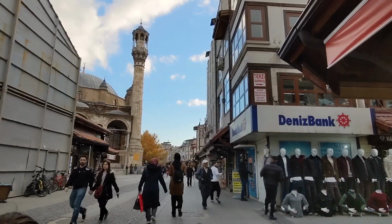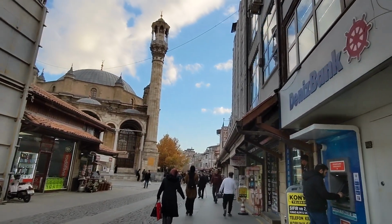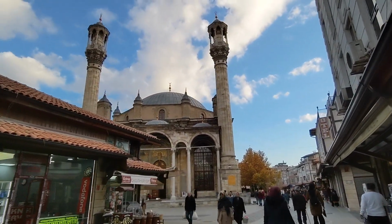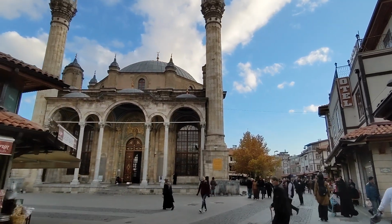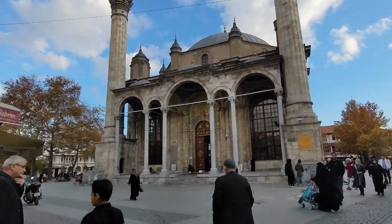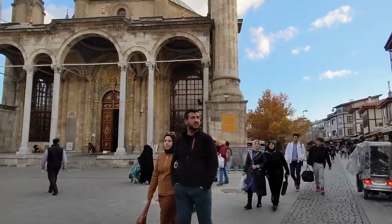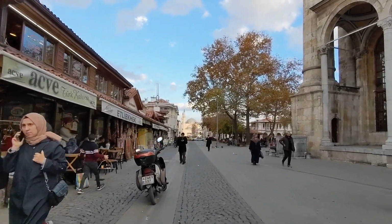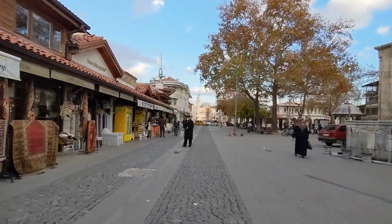Don't know. As I'm walking in the little streets of downtown Konya, I noticed this massive mosque. I'm curious, so I turned to get a closer look at it. There's just so many mosques at every street corner. Another massive one with 2 minarets here. Just let the traffic pass. And actually, it was maybe not too far away to do this detour because at the end of this alley